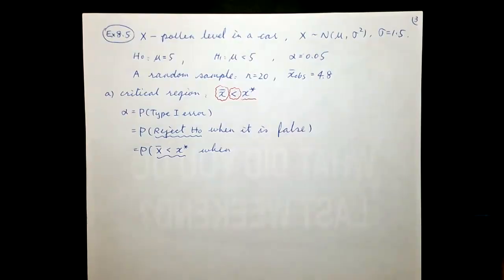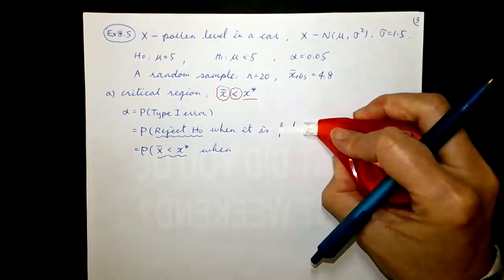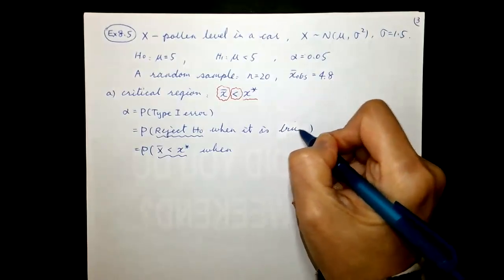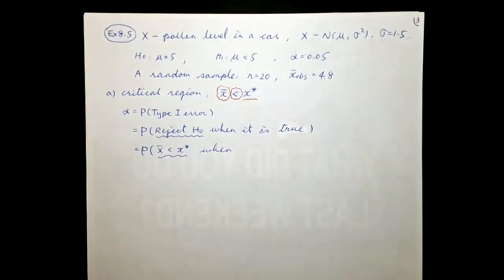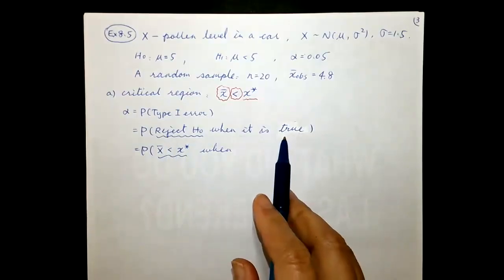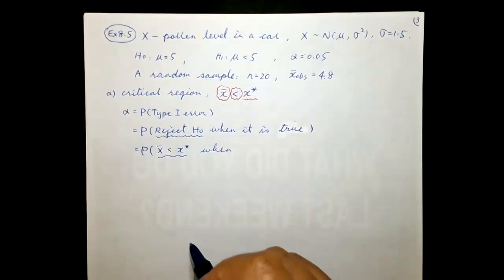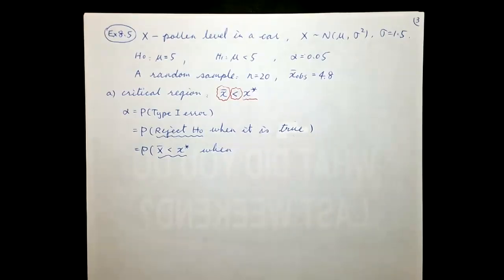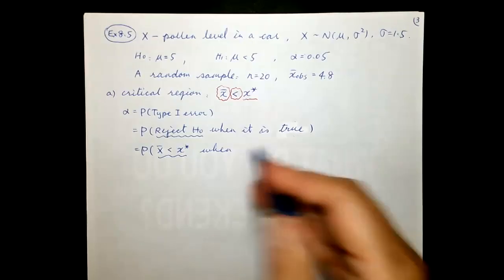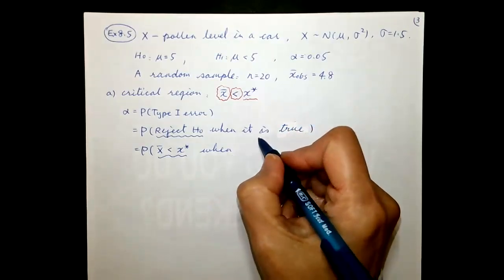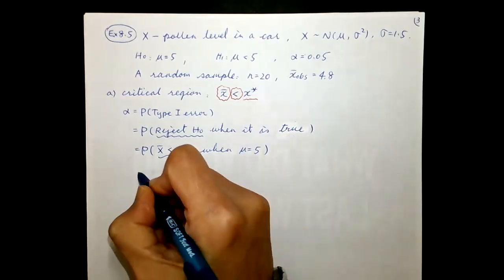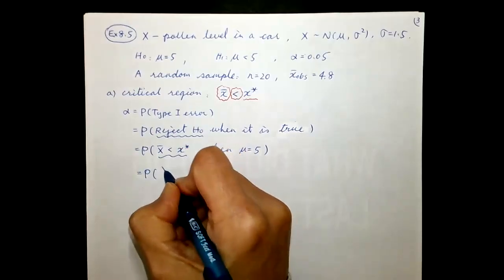when H0 is... I wrote false. Can't believe it. When it is true, right? You reject something that's true, you're making a mistake. If you reject something which is false, that, by the way, that probability is defined as the power of the test. When H0 is true, that